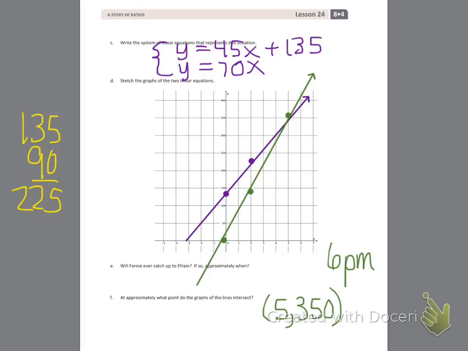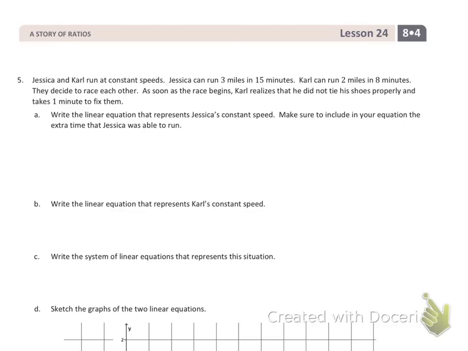Okay, let's look at one more example and then you'll be ready for the problem set. So in this example, Jessica and Carl run at constant speeds. Jessica can run 3 miles in 15 minutes and Carl can run 2 miles in 8 minutes. They decide to race each other. As soon as the race begins, Carl realizes that he did not tie his shoes properly and takes 1 minute